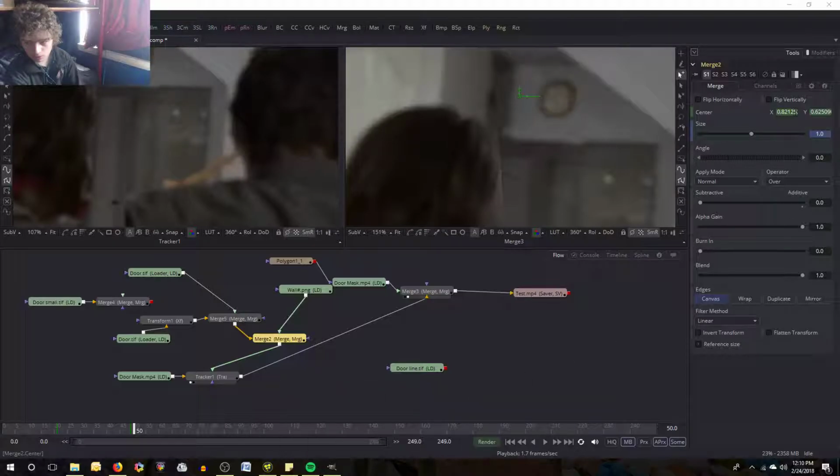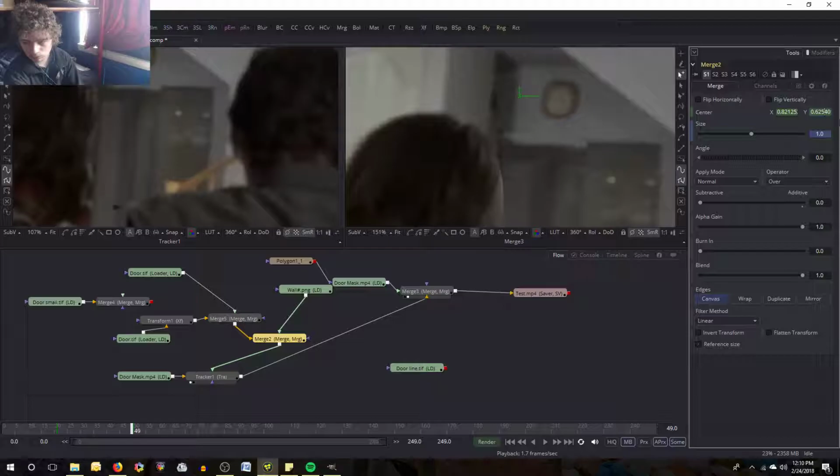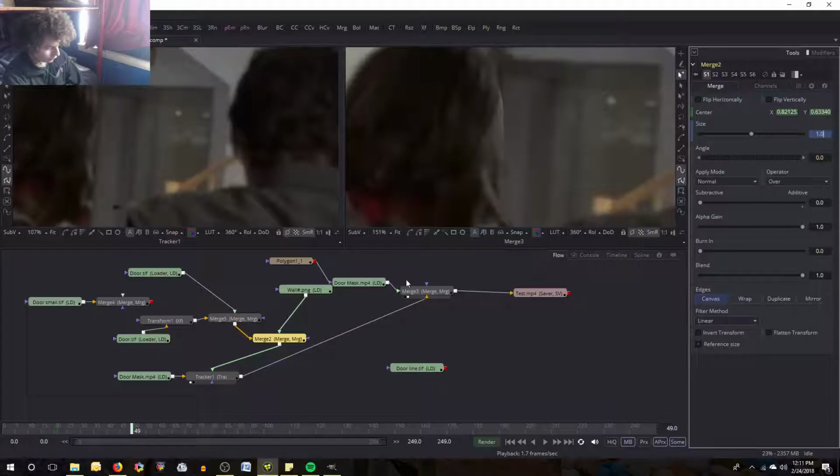I'm lost now. Let's just go back and make it look good. So 7, 9, 3, 1, 2, 3. There we go. So I'm going to have to move the door. So we went...